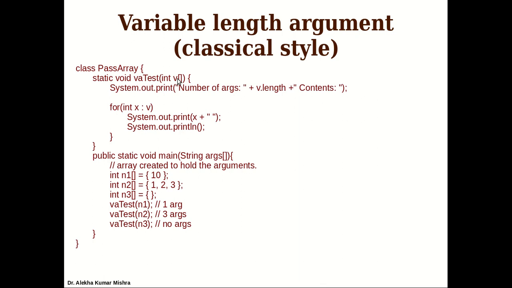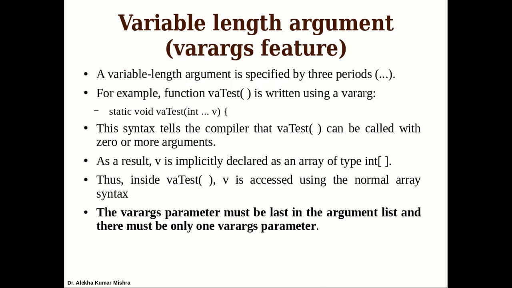Java provides a syntax to receive a variable length argument in any method. Let us see that. It is specified by triple dot, also called 3 periods. A period is one dot. So a variable length argument is specified by 3 periods. For example, suppose it will take an input array, but the length may be variable. So we mention the data type int, then triple dot, 3 periods, then the array variable.